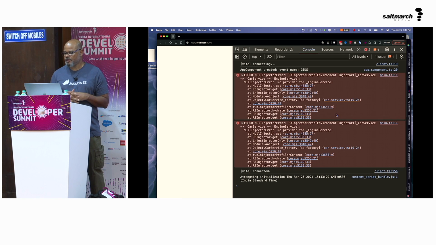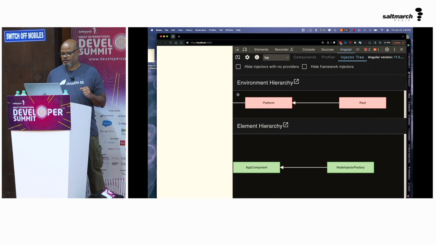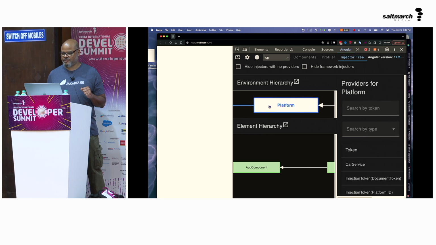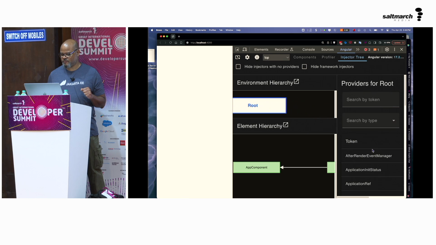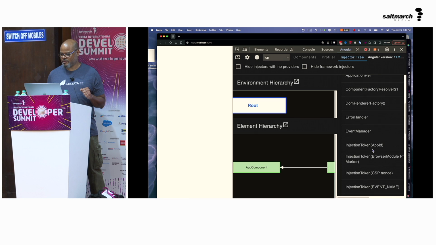Exactly. So if we look back at the hierarchy, this is where car service is, right? But root is where engine service is, right? Well, it was here.